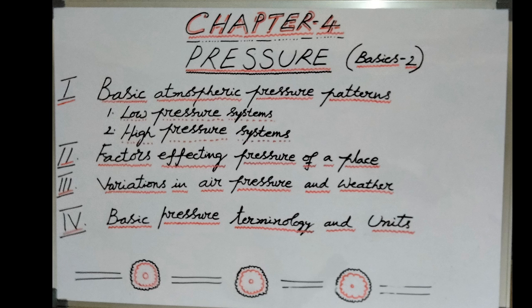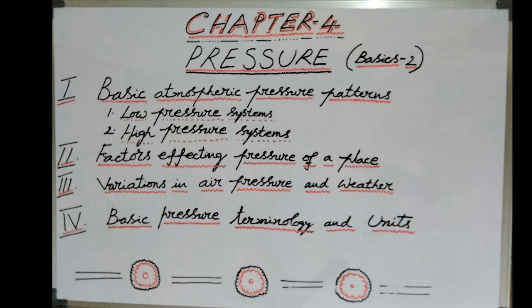So far in this class, we tried to understand basic atmospheric pressure patterns. Number 1, low pressure systems or cyclones. Number 2, high pressure systems or anticyclones, and the differences between them. Cyclones have lowest pressure at the center, anticyclones have highest pressure at the center. In cyclones, relative humidity, wind velocity, variety of clouds and water are high. In anticyclones, relative humidity, clouds and rainfall are less. Cyclones move anti-clockwise in the northern hemisphere and clockwise in the southern hemisphere, exactly reverse in anticyclones.